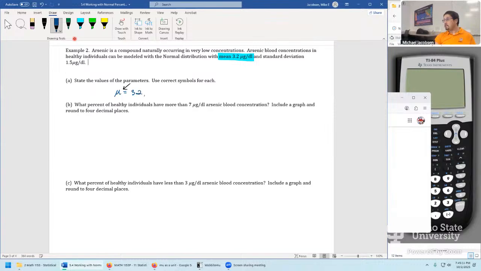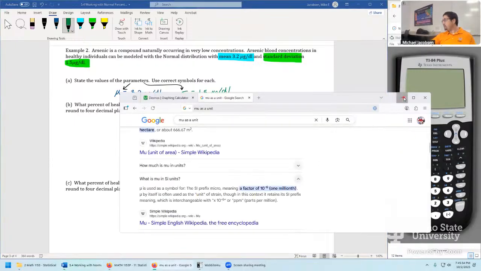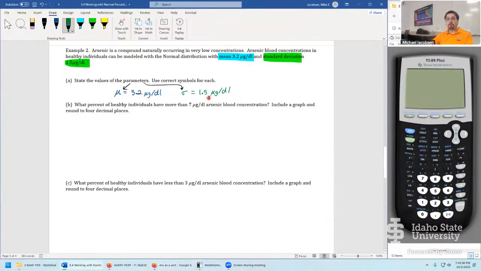3.2 micrograms, that's kind of hard to look at, written mu twice, per deciliter. The other parameter is sigma, which came from here when they indicate the standard deviation, 1.5 micrograms per deciliter. I guess one way to avoid saying mu twice is you could just write out that the